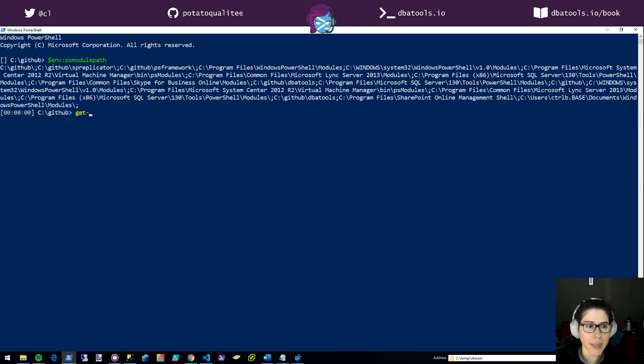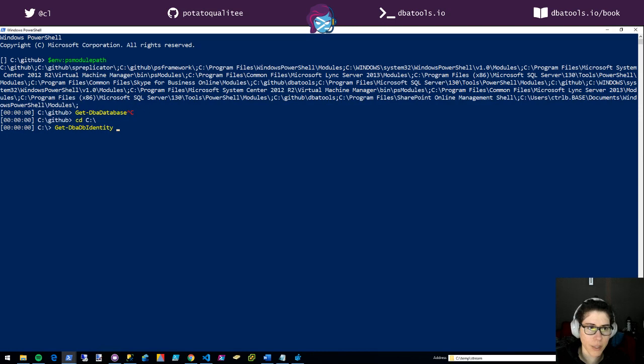So I could do Get-DbaDatabase, hit tab. Oh man. Let me go to my C drive. Hold on. CDC. All right. So I could do Get-Dba and then hit tab, and it'll find it, but it doesn't load it up, which is pretty cool. So you could just tab through whatever, right? But it loads it when you finally actually use it.